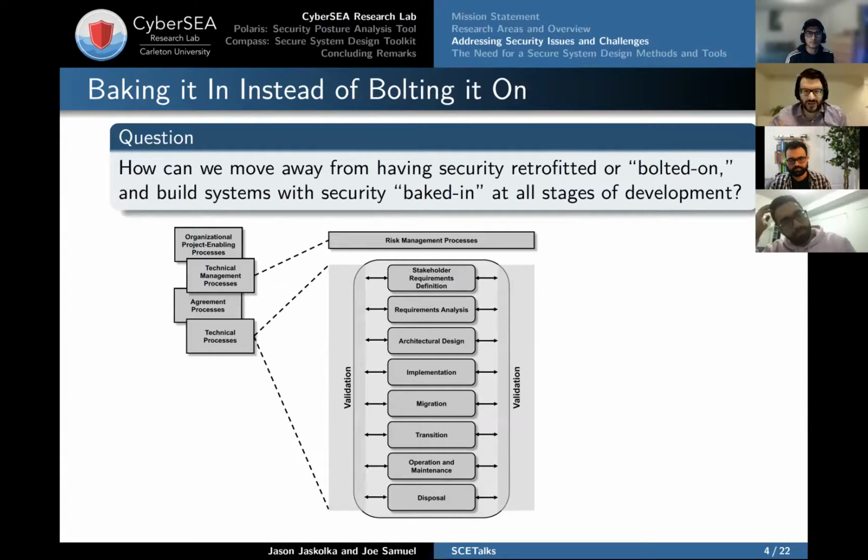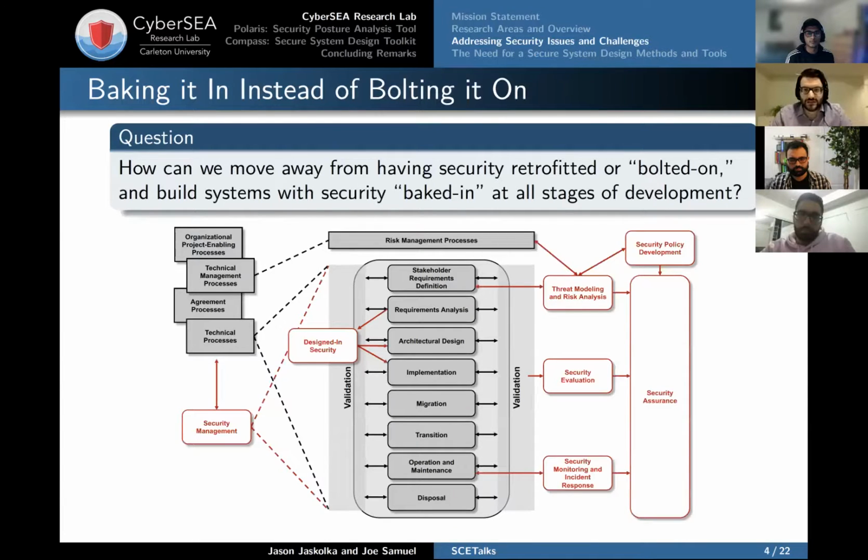So the general idea here is that we have this system development lifecycle, and there's a number of different activities that go along with that. And what we're really aiming to do is inject all of our security engineering activities into the various stages of the system development lifecycle.